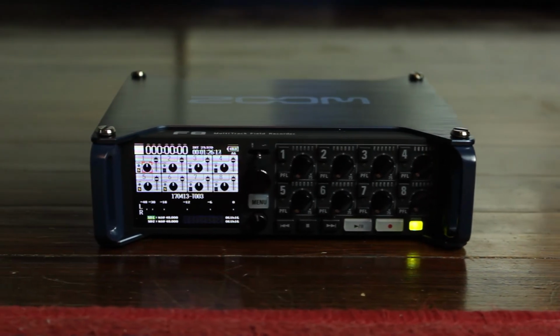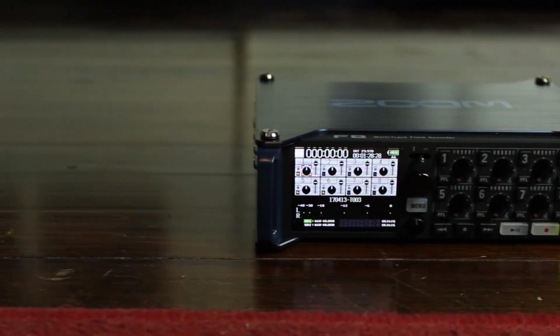So the Zoom F8 runs about $1,000. It's awesome for drum covers. It's awesome for if you want to record other types of music. Any type of music. You can do your guitar, interface, come on. And it's also great for sound designers, boom operators, whatever. Use this thing, it is amazing. The step up is Sound Devices brand, which is $3,300 I think I looked at. This thing is $1,000. B&H did a comparison video between the Sound Devices and the Zoom F8, and it basically sounds the same. You will see me use this more in the future with my drum covers, so be checking that out,